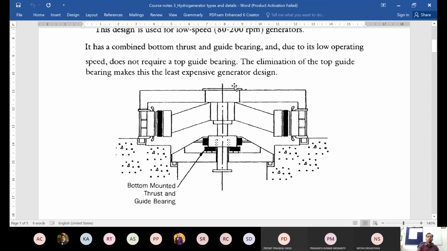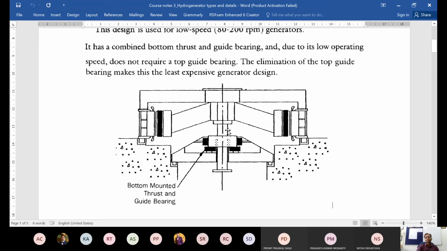The rotor shaft will tend to thrust upward because the force is being applied from down, and the rotational torque is coming from the turbine here. So there will be a thrust which this will experience. You need to make sure that this is structurally stable and that thrust is accounted for. So for keeping this shaft and rotor arrangement in place, we put something known as the thrust and guide bearing. This thrust and guide bearing in this type of generator is placed in the bottom part towards the turbine.